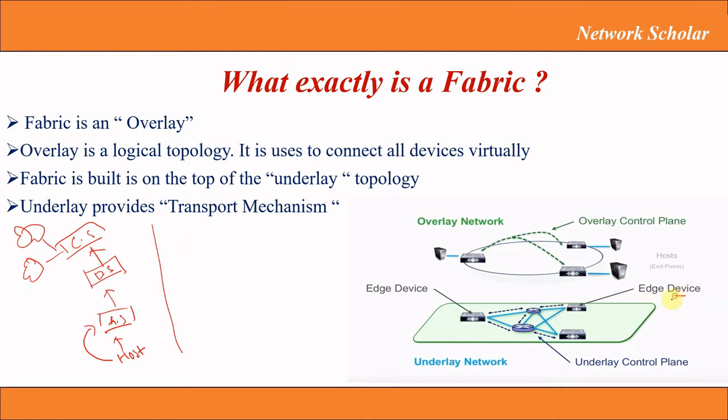So don't get confused with the edge device and the border device. Your edge device is the same as the access layer that we have in a traditional network. Now the host. When the packet is initiated from the host, the packet will come and directly hit your edge. When the packet hits your edge, the packet will get encapsulated by the VXLAN, which is the virtual